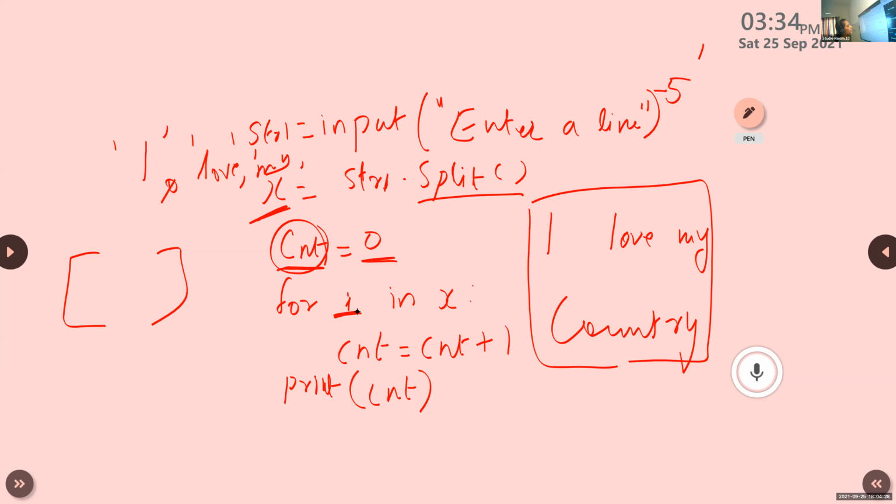Renil, which are the contents of X? I love my country. I love my country, right? Why? I just explained it, no? How many times have I explained? After executing string1.split(), this line is converted to different words and stored in X, and I wrote that answer also.